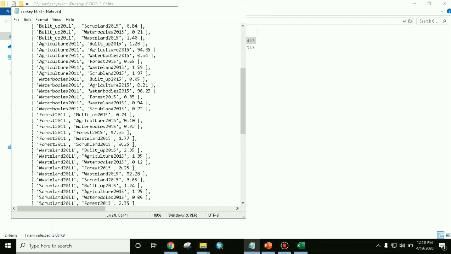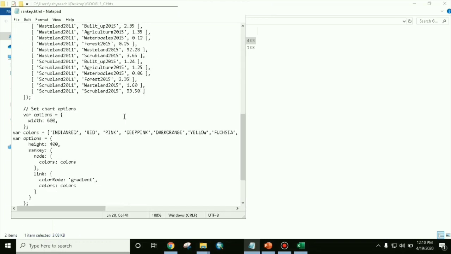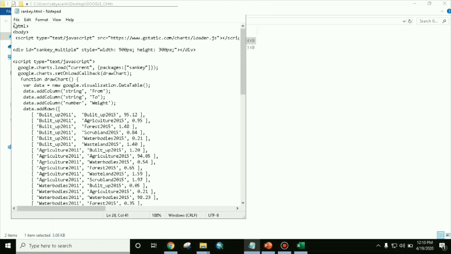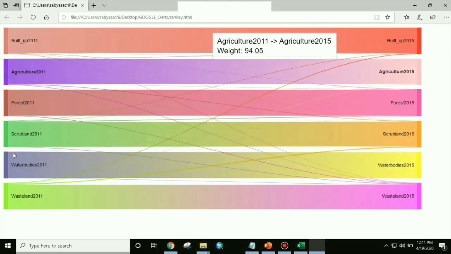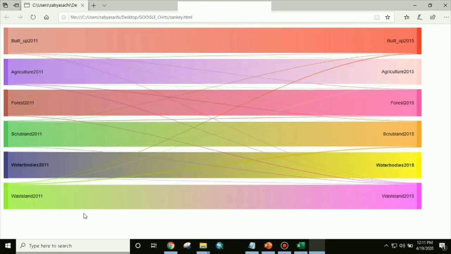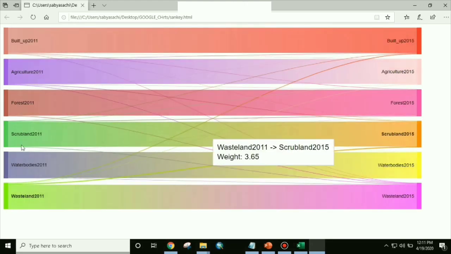After writing those things, just save it, minimize it and go to that file sankey.html and just double click on it. Then you have a simple Sankey diagram over here, as you can see.